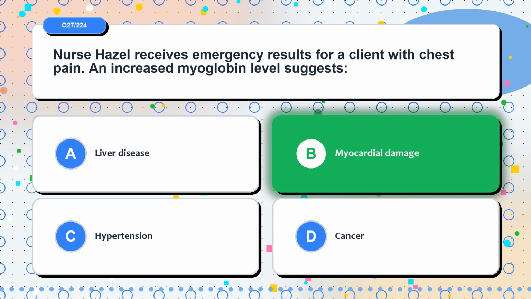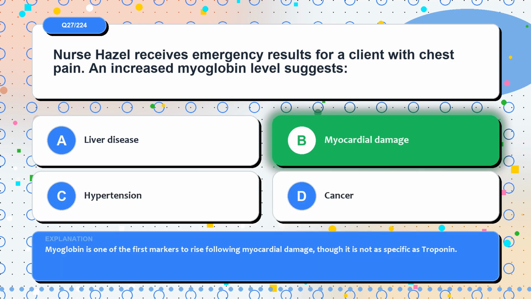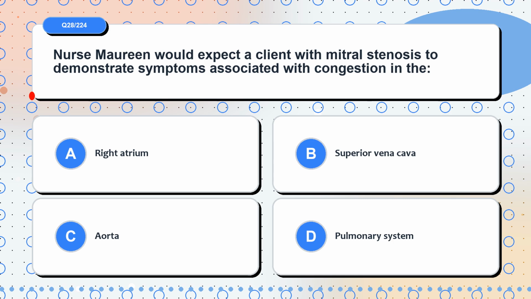The correct answer is option B. Myocardial damage. Myoglobin is one of the first markers to rise following myocardial damage, though it is not as specific as troponin. Question 28. Nurse Maureen would expect a client with mitral stenosis to demonstrate symptoms associated with congestion in